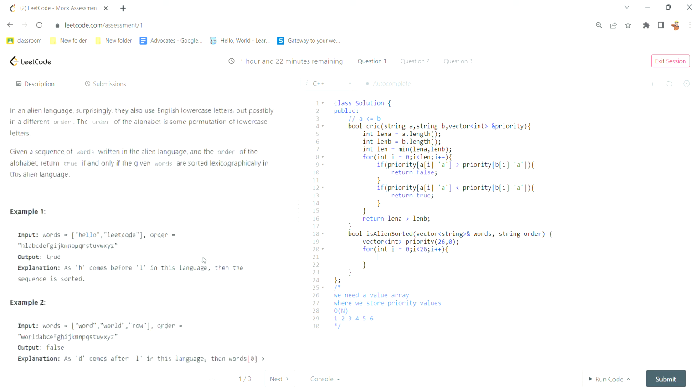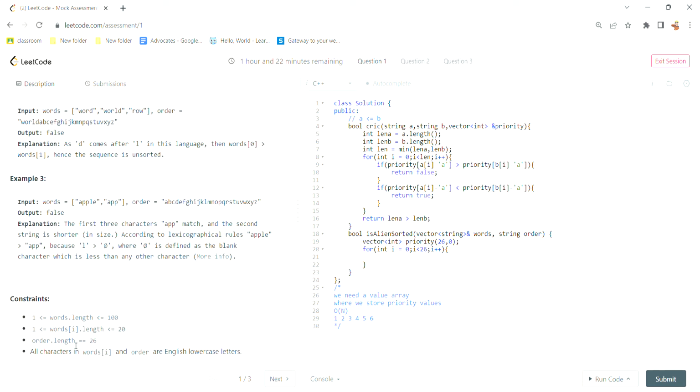So I think yeah, order length is always 26, so that's one relief. Priority dot I, no, order dot I minus capital A is equal to I. So we can keep I plus 1, but it doesn't make a difference. It doesn't make any difference, right? So for